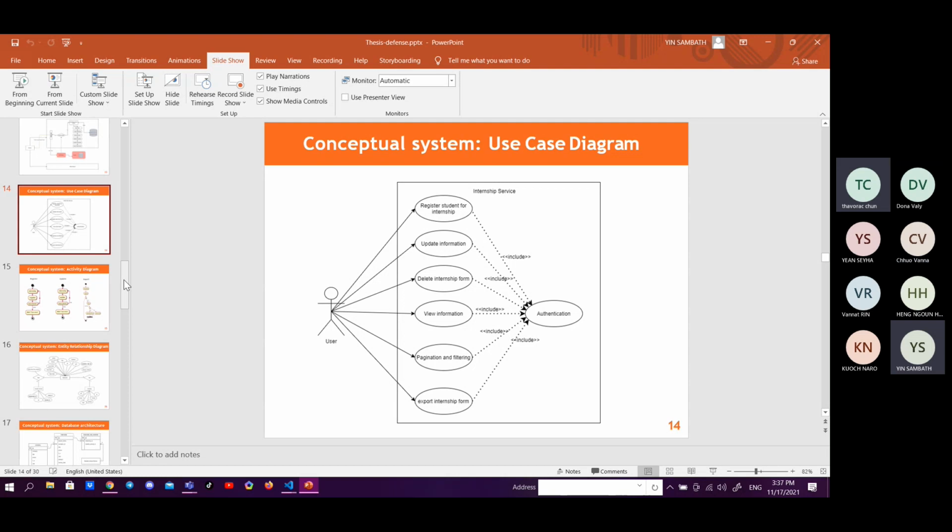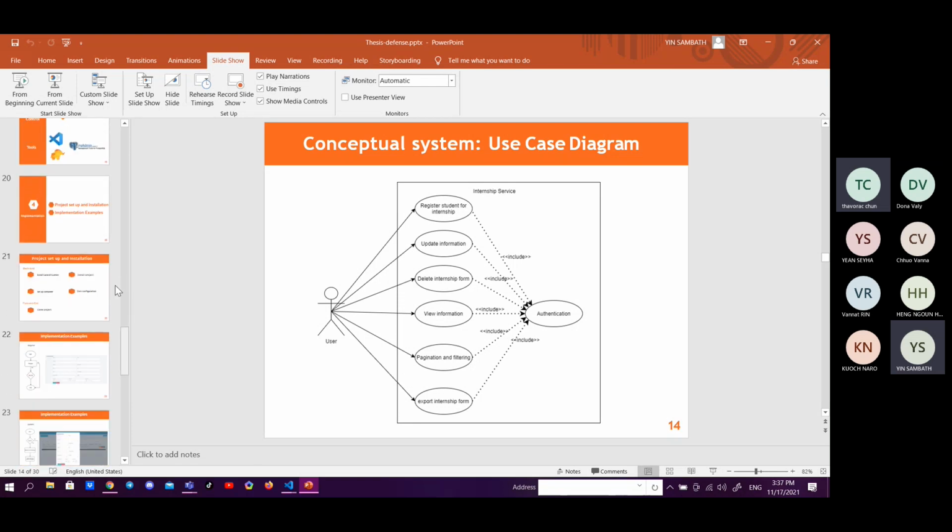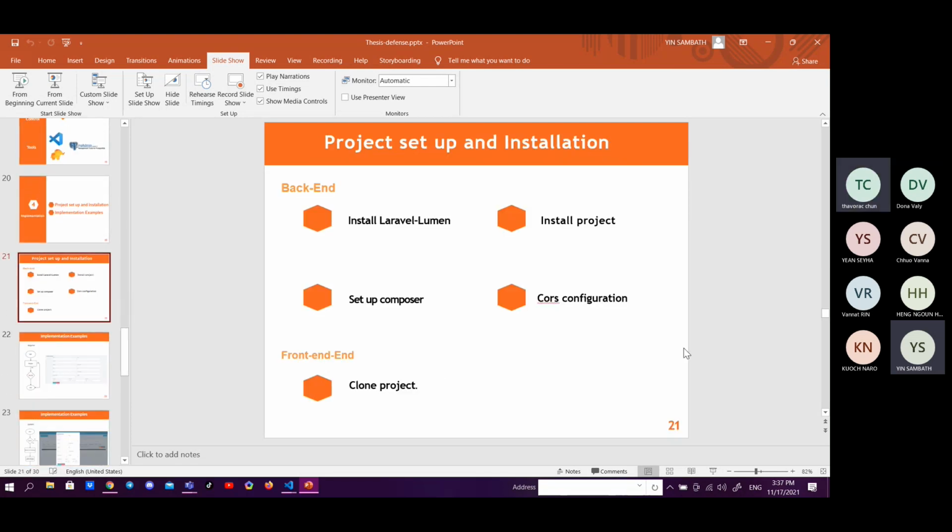I see in your slide presentation, page 21, you mentioned the CORS configuration here. Why do you need to configure CORS? I saw that if my project doesn't have CORS configuration, it could not work.